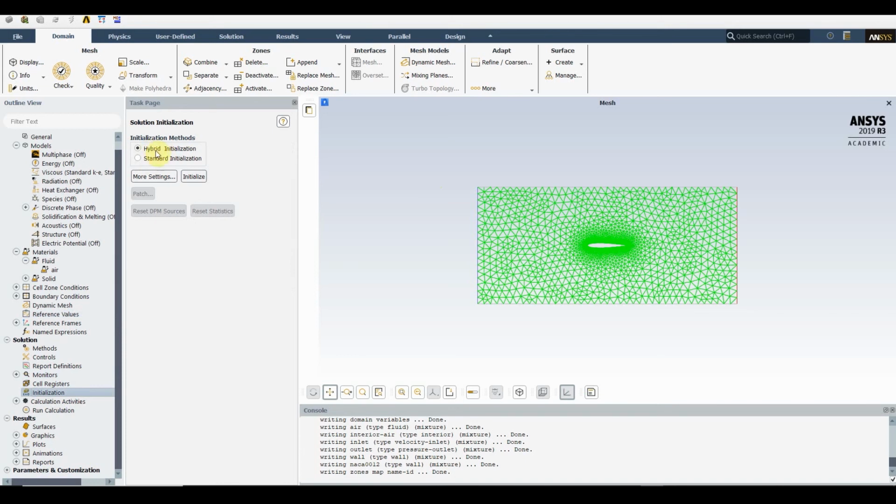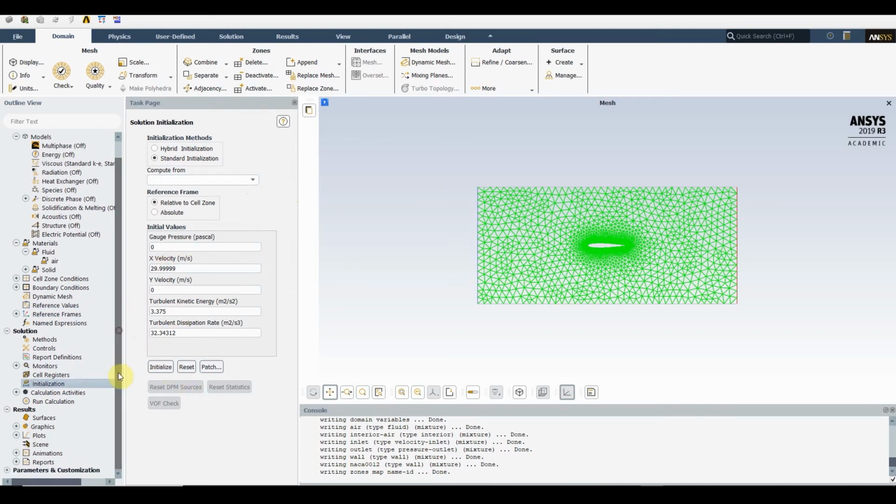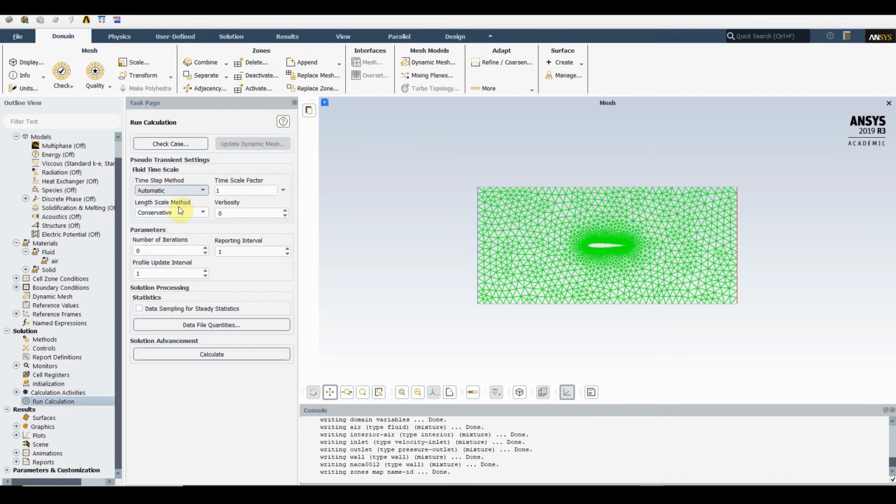There's two types, hybrid and standard. Hybrid is very good if you have multiple inlets and multiple outlets, but the standard is the best for one inlet and one outlet. So compute from inlet, it'll populate our velocity and our turbulent kinetic energies, initialize, and then run calculation. And as I said in a few of my tutorials and setups, provide a value of 1,000 first. If it doesn't finish in 1,000, you can run it for another 1,000,